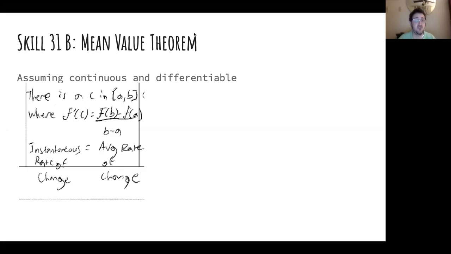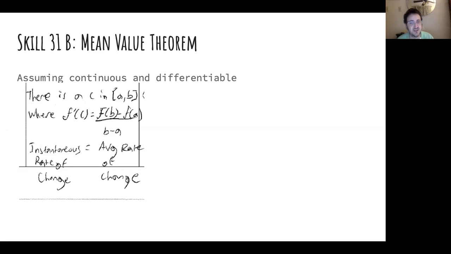All right, ladies and gentlemen, we are going to be doing skill 31B, which is the mean value theorem. And I decided to give this its own separate day since this one is a little bit more involved computationally. The computations are very doable, but basically what the mean value theorem says is that assuming that we have the